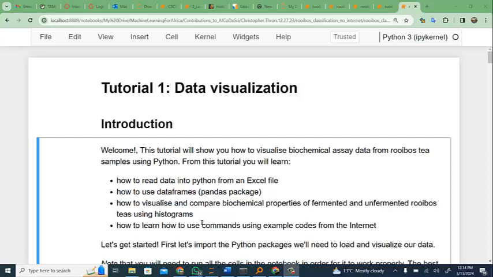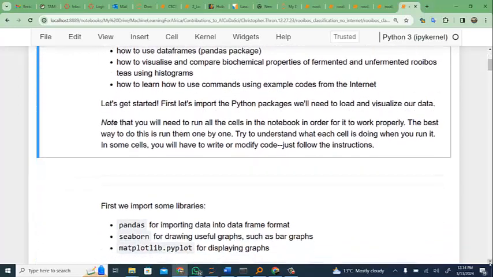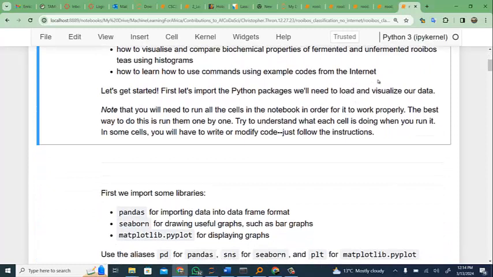And how to use commands using example codes from the internet. Okay. So the internet is always a very good resource for coding. Usually you can find an example on the internet of the type of code that you want to do. So let's get started. If we want to use Python, we need to import the Python packages that are used